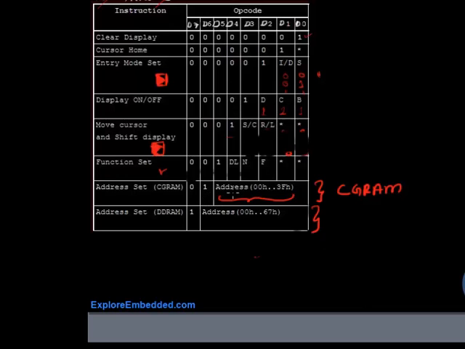Now what you could observe from this is there are only 6 address lines that you can give here, and the address range would be from 00 to 3FH. Now we'll discuss this, just have this in the back of your mind. So when we will be discussing how to